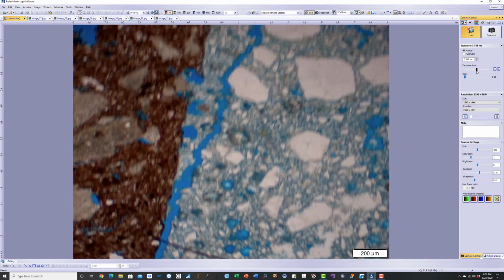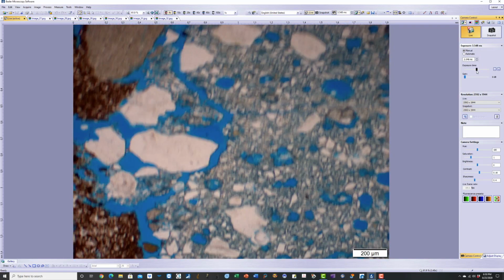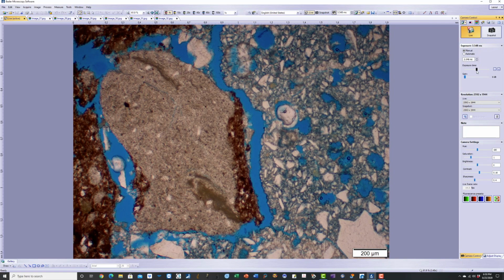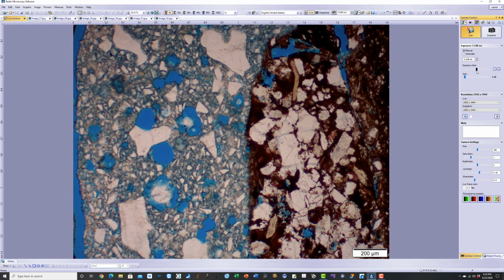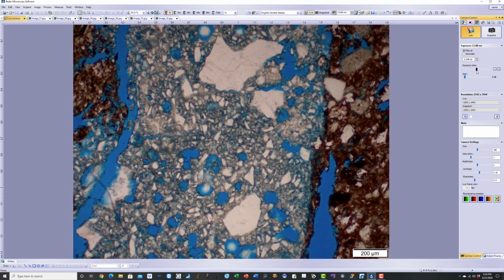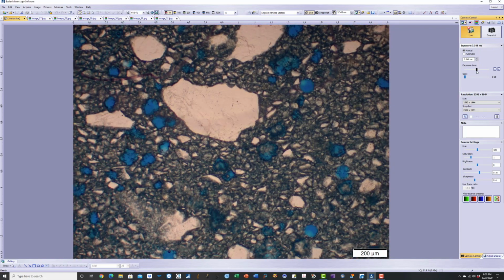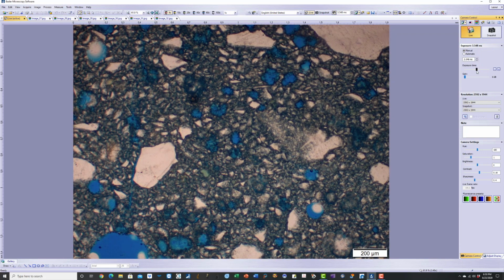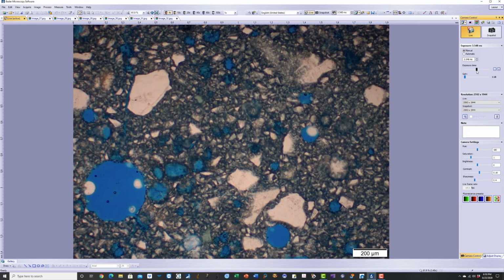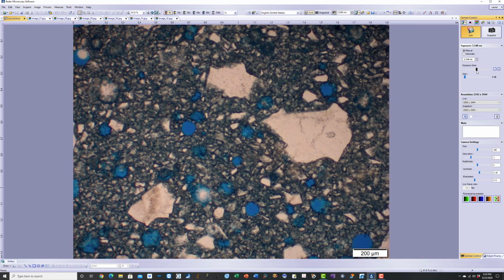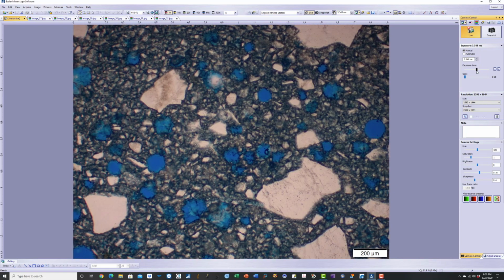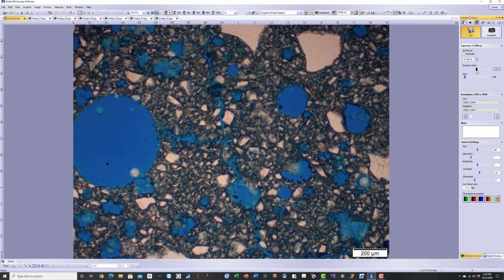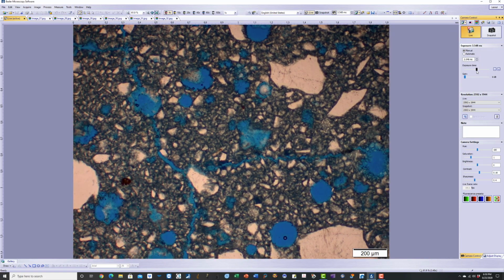If I go to the other side, following this joint, this is a large area thin section, so I have a lot of area covered in the thin section. And then comes the major part of the mortar. You see this salt and pepper appearance in the paste, very typical of a polymer addition in the mix. You get a dark gray salt and pepper appearance, and you can see some air entrainment in the mortar, with